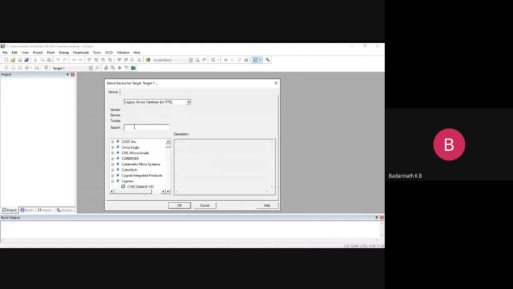Now I am looking for one company called NXP Semiconductors. Either you can search for NXP Semiconductor like this. So NXP, this is the semiconductor. In this, there are a number of microcontrollers. I am interested in a particular one. You can choose like this, or you can type the name of it. For example, I want